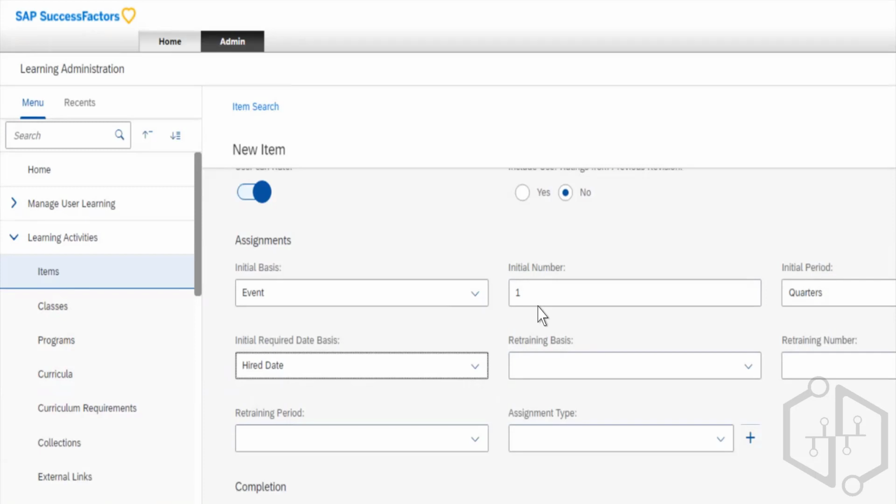Okay, understand. Now you want to keep it on a retraining basis. That's up to you. Again, same thing, because you want to restart it. Then retraining number, how many times it should be repeated, and what the period for retraining is, after months or quarters. That's up to you. And then we have assignment types. What kind of